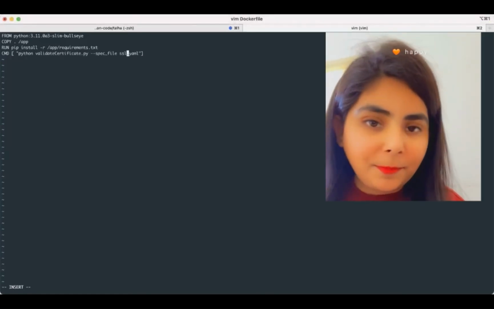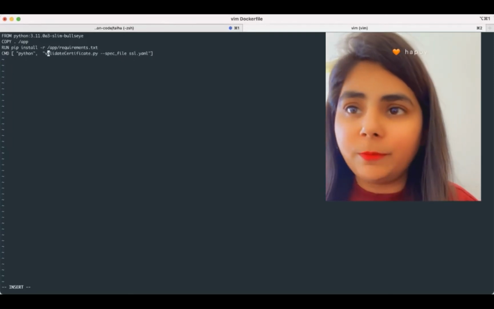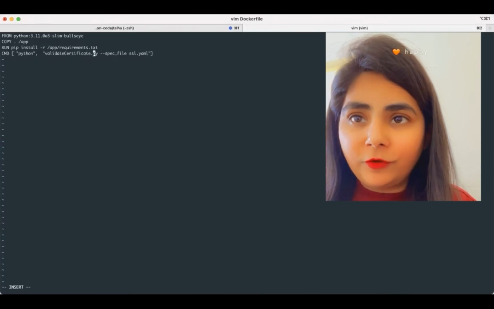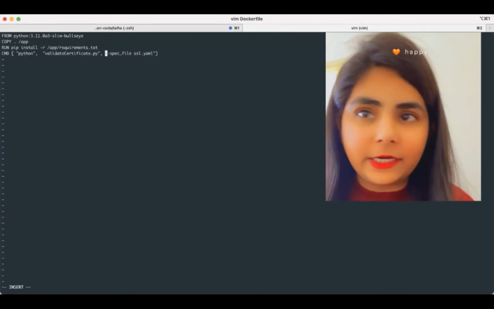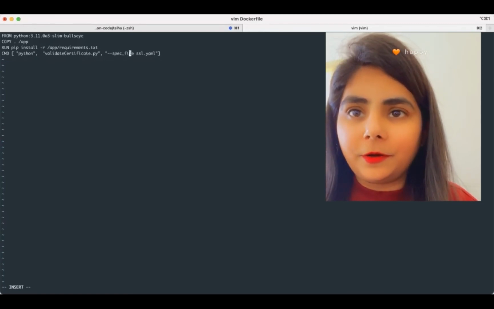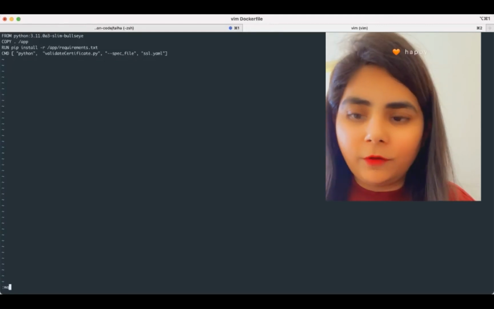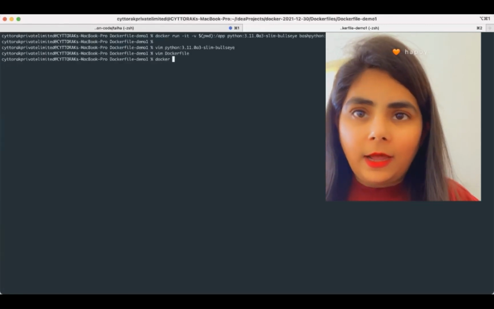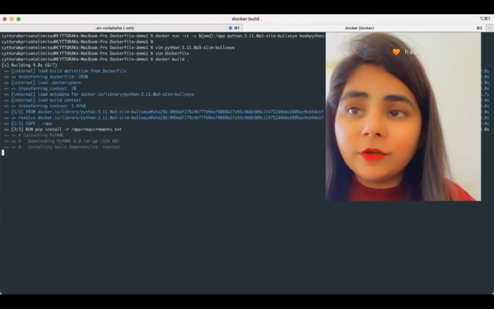So now we will start writing our command. Inside the command, the first object should always be a binary. Then after that you can write everything in one go, but what I would prefer is to write it in a proper format like this, as I'm writing on the screen. Now this worked for me, and I can just do a docker build . command which would build that project